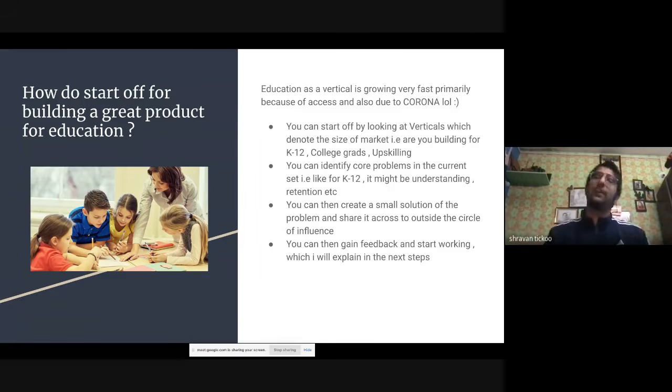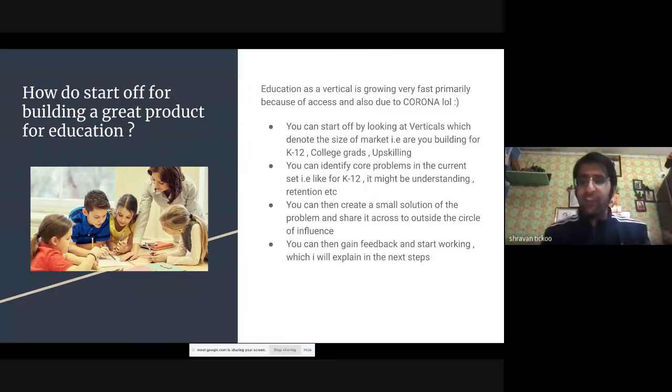So first you look at the vertical and how big the size is. A very big industry that has come up now is the upskilling industry. Lot of people want to learn coding because there's so much demand. But this industry is so fragmented, not everyone gets access, right? So a lot of startups have come up, like Coursera is there, Upgrad is there, so many startups. They first looked at this market: there is huge demand, but not enough supply, right? Enough supply of quality of education. So I will try to solve this. For you also, it is the same thing. Once you have looked at the market and seen that yes, this market is very big and there is a problem in it, then you identify the core problems in that.